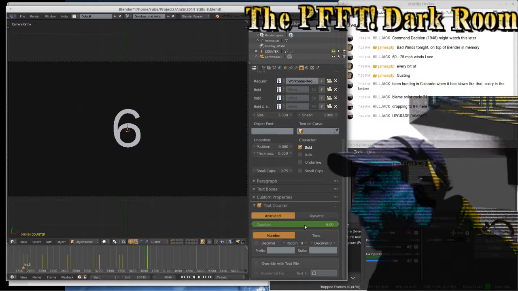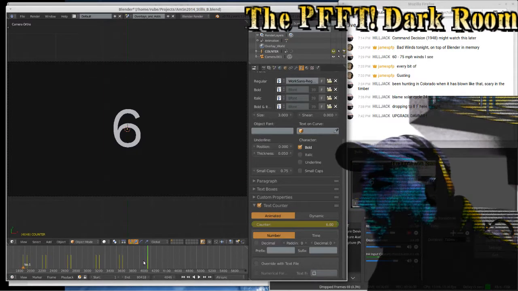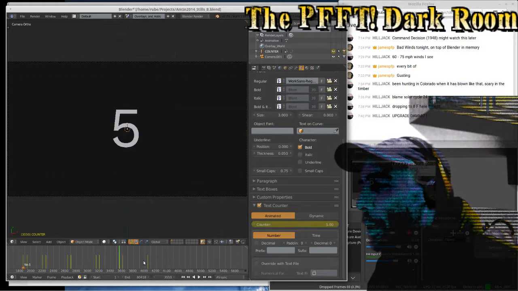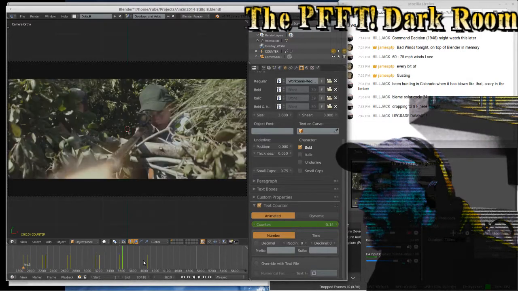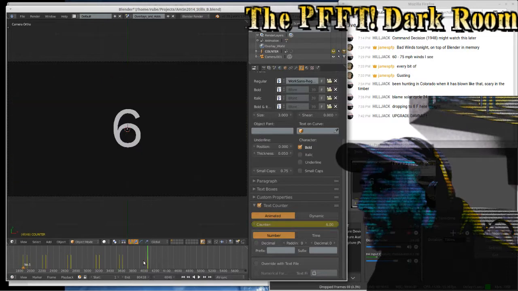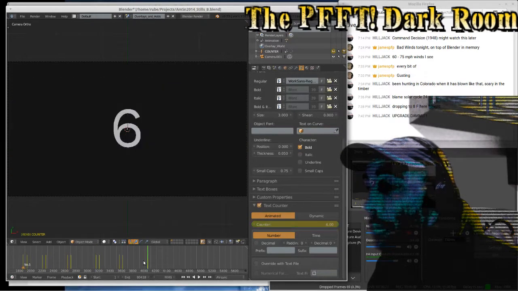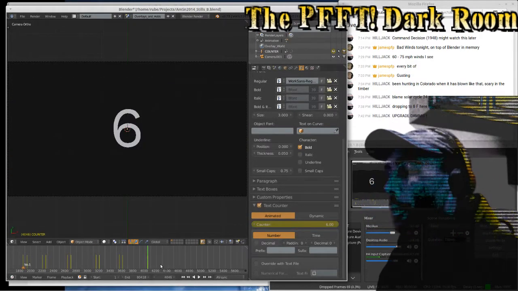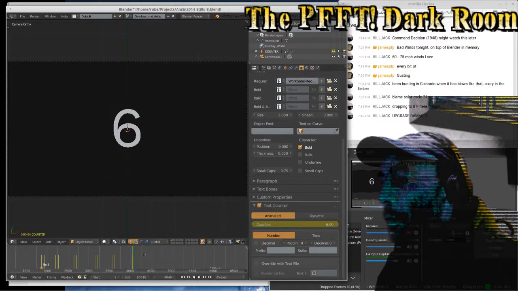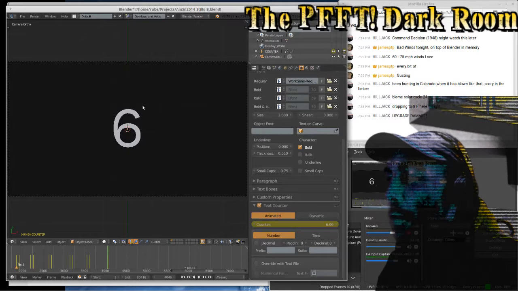Increment the counter. So we can see here that the counter is making its way through the numbers nice and easy. But I do have to do a keyframe for each of these things, which is, you know, a couple hundred clicks. But all said and done, not a terribly hard thing to have to do. And at the end of the day, having the numbers done is just an overlay, then drop onto the final render and nothing to it.